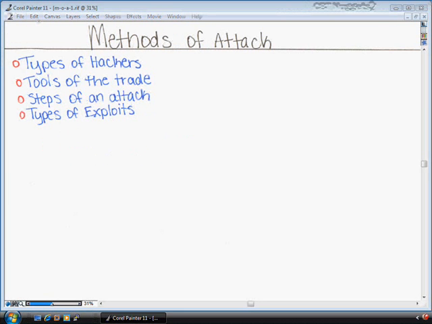In this nugget, we covered the methods of attack. We looked at the types of hackers that we want to be familiar with. And then we looked at some common tools of the trade that you need to know about to be a network security professional, and to also defend against the hackers that are going to be attacking your networks. And then we looked at some common steps of an attack, where I presented a general 4-step process that most attacks will take to take over your network. And then we looked at some common types of exploits that you need to be